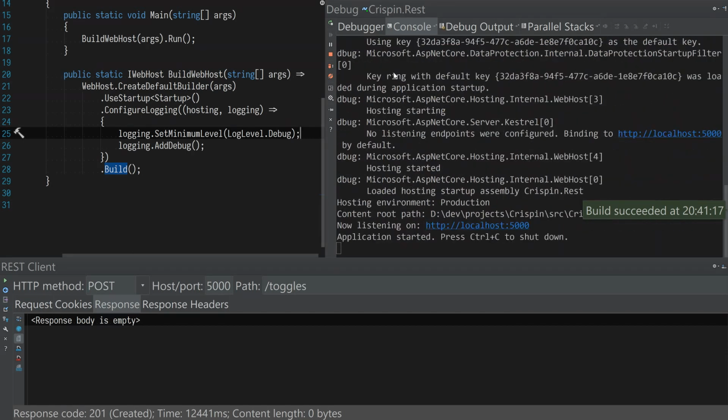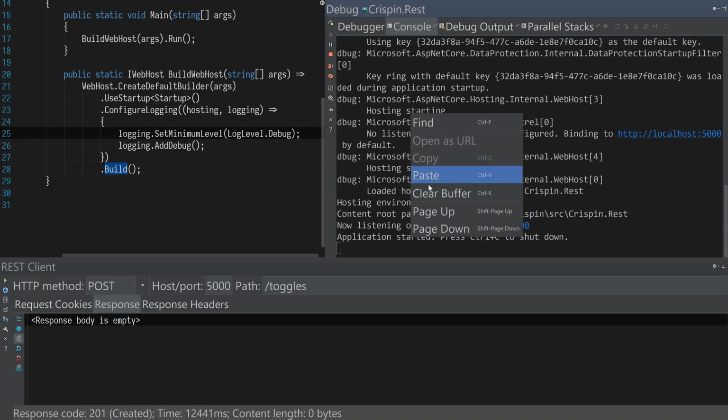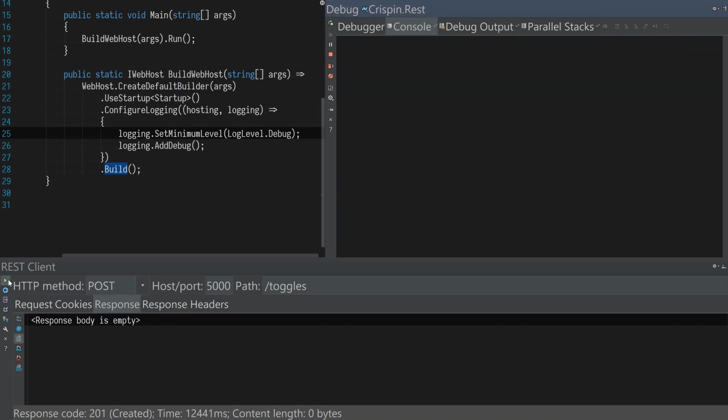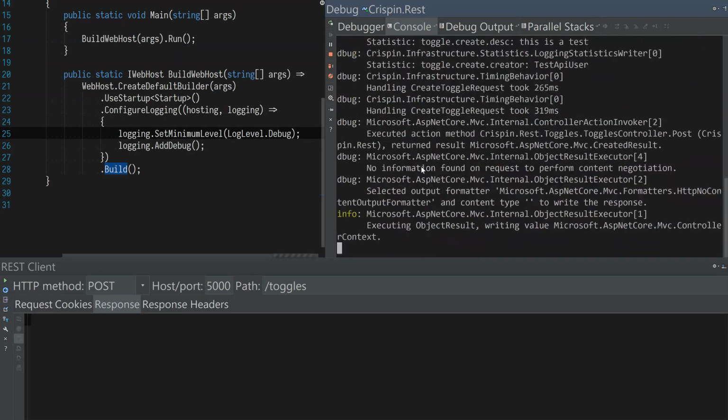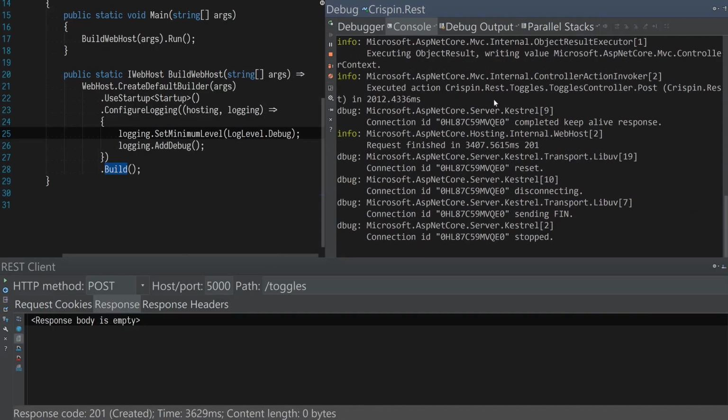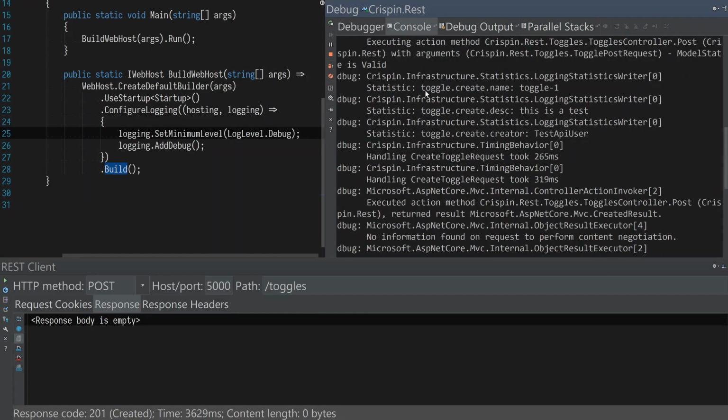That's a lot more output. Bit buffer. Right. Oh, I saw some statistics. Statistic. Toggle create name: Toggle 1. Toggle create description: This is a test. Yeah, that'll do. Right, those are not real values that we're going to implement, but